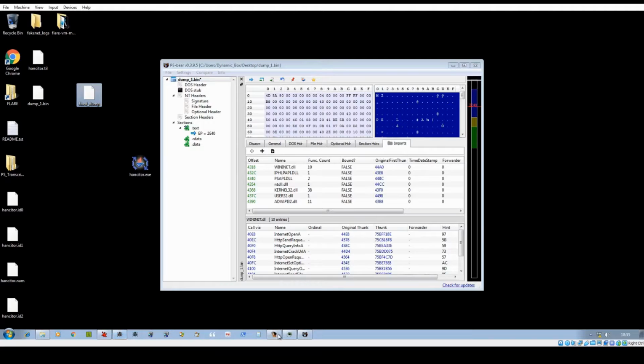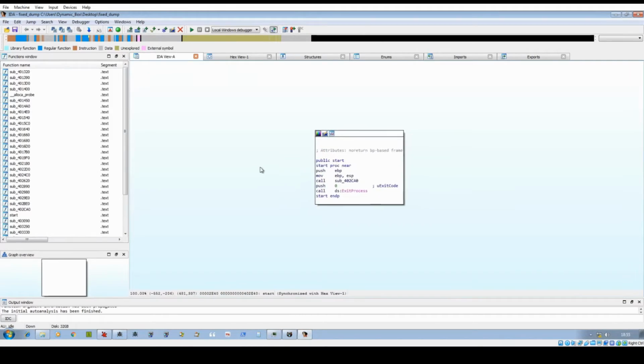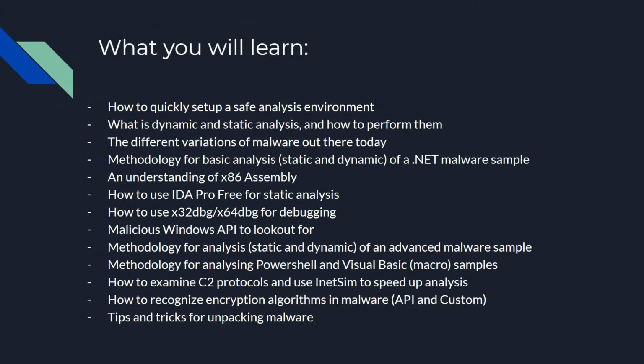And finally, we're going to be moving on to some tips and tricks I have about unpacking different samples. So we're going to be looking at unpacking Emotet, TrickBot, and 2 other samples. Now, 3 of these samples are packed with custom packers written by the authors themselves, or perhaps other malware authors. And one of the samples we're going to be looking at is actually packed with a commercial packer known as